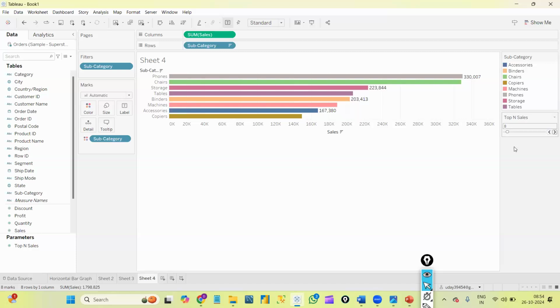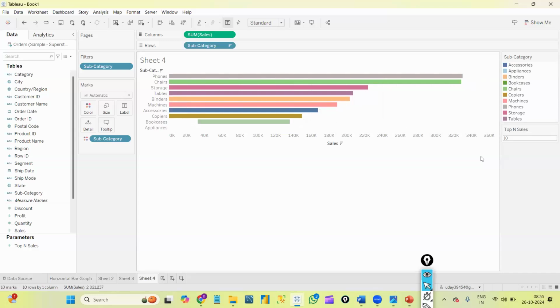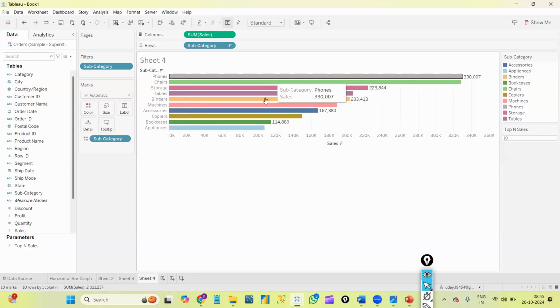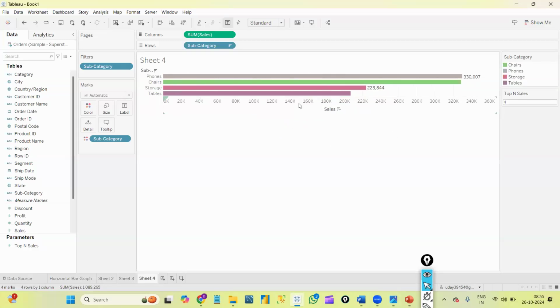Or else I can even change this type. I have a drop down here. I'll select that. By default, I have a slider option. I'll select type in so that the user can type accordingly. If I want to see the top 10, he'll just enter 10. You need to click somewhere outside that box, then it will show us the top 10. Suppose I want to see only the top 4. I'll enter that value, click outside somewhere, and it will show me the top 4 values. Like that, the user can select accordingly